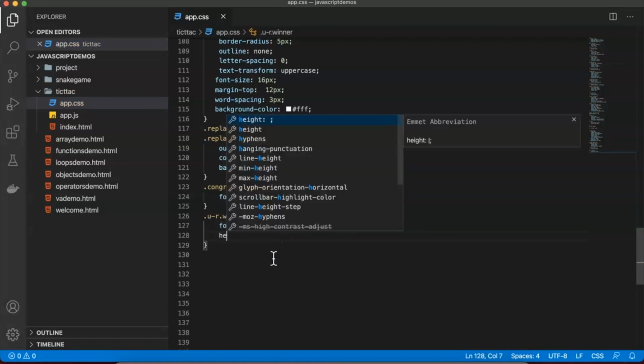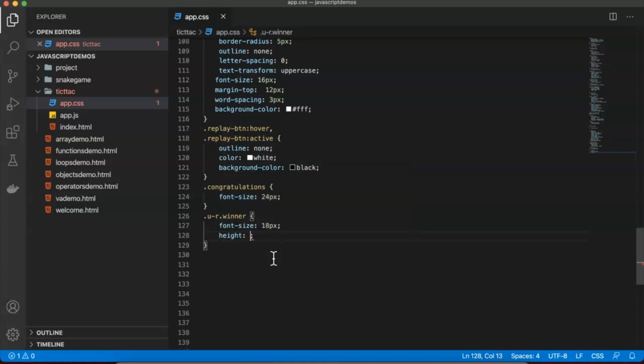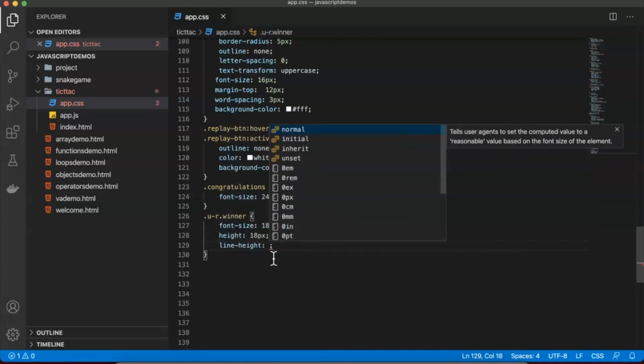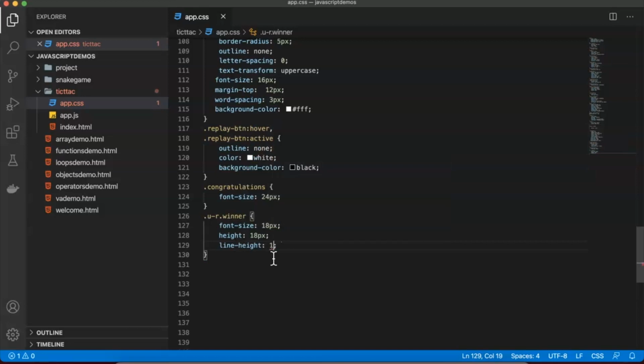After that, height we are taking 18 pixels again. Then line height, we are taking 18 pixels, and then margin 2 pixels, and then 0. Okay, that's it. So last but not least, we would like to use this dot